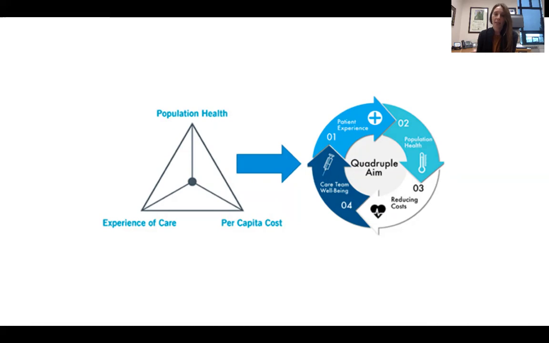If you follow any of the Institute for Healthcare Improvement work, you can go to their website, and there are a ton of resources on improving culture, creating joy in work, how to improve staff satisfaction, because we know that, again, as we're thinking about how we're going to do all of these things, provide better patient care, look at really population health and drive down costs, people are getting burnt out. We know that the burden on physicians, on nursing, on all of the clinical team members across the board has been tough over the past couple of decades. And certainly the past year and a half has made that exceptionally